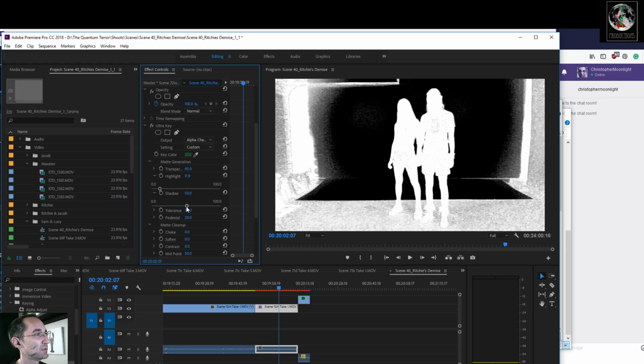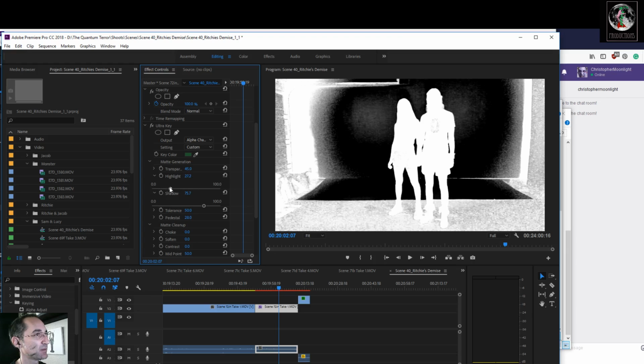Shadow. We're getting a lot of noise on the ground there. And there's a way to fix that. Mainly I want to worry about these two. Getting their key just right.